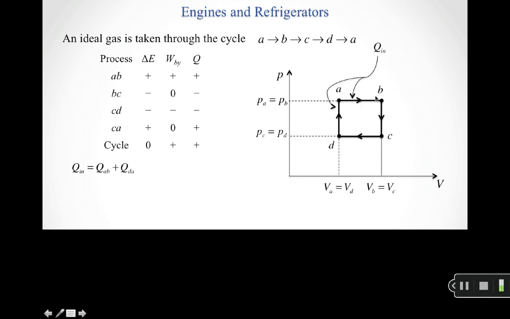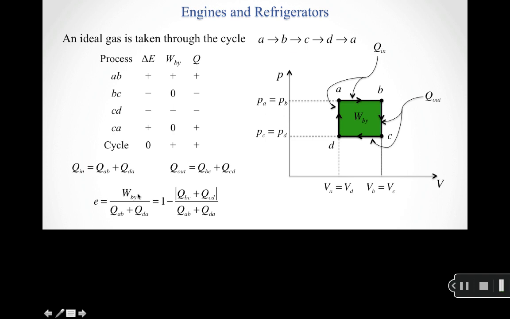for this particular cycle, Q_in is basically adding up the energy taken in as heat along these two steps. So from D to A and from A to B. Q_out, on the other hand, happens to be calculating the energy transferred out of my system as heat along these two steps, BC and CD. And so then the work done by the system is the area inside this box. And so knowing those three things, Q_in, Q_out, and the work done by the system, again, I can go ahead and calculate the efficiency of my engine.